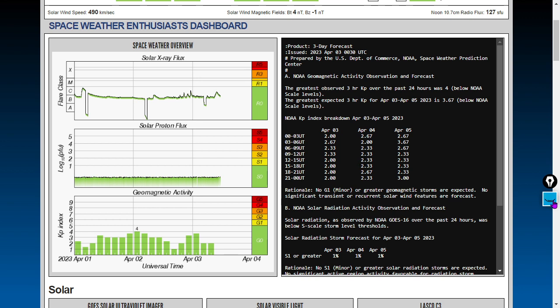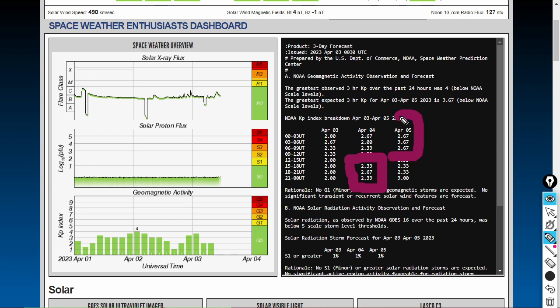We are expecting sometime around this range a possible KP7 or even a KP8. And this could continue. Let's see. We'll end the alert right about here. So